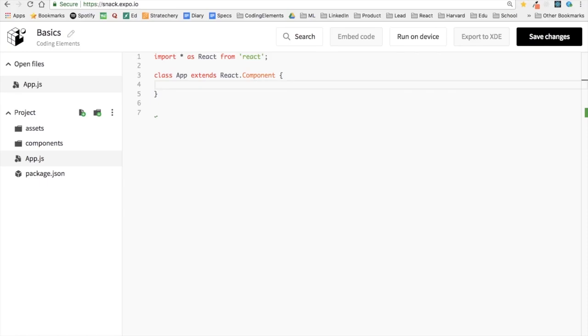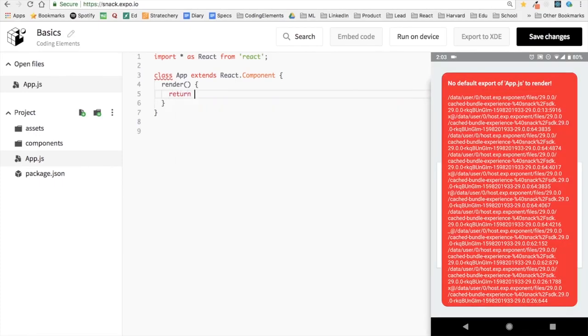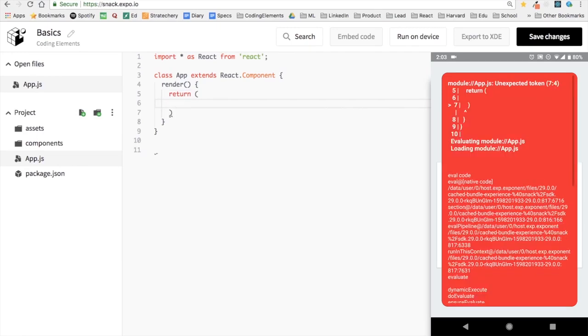Now just like any other class, we would be making functions and methods in it, and now we'd be making a special function known as render. The render function would be telling us what would be displayed on the app when we try to run it, or we are trying to display the contents of the application. So everything that we return from the render function would be displayed on the screen when we are running the App class.